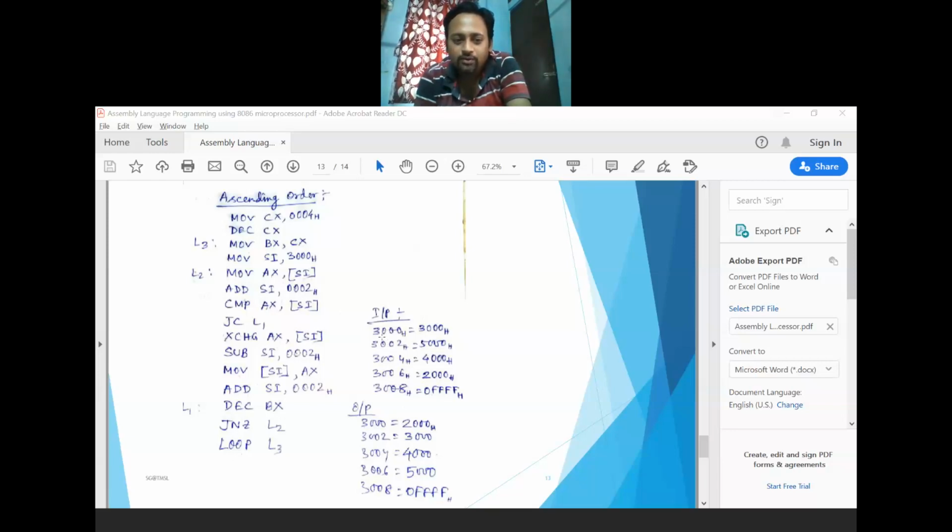So right now MOV SI, AX, the accumulator content gets loaded inside the SI register, and again after completing this, you need to go to the next memory location. And how can we go to the next memory location? Using ADD SI, 0002.